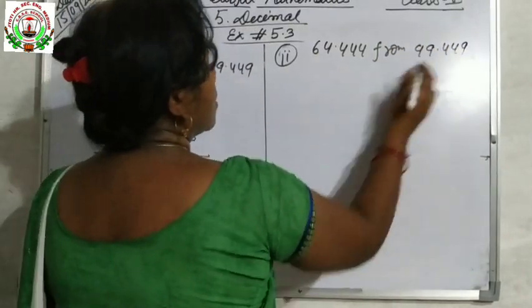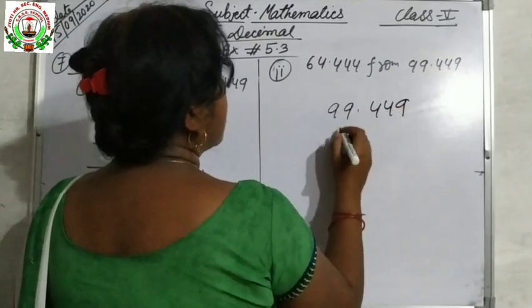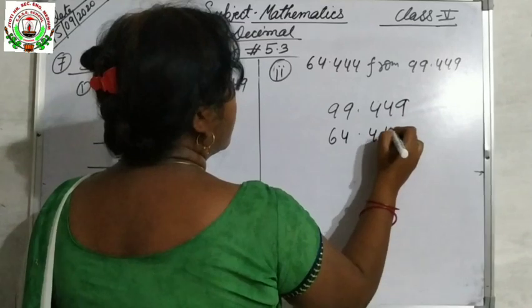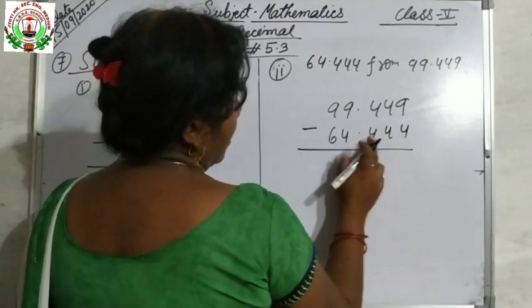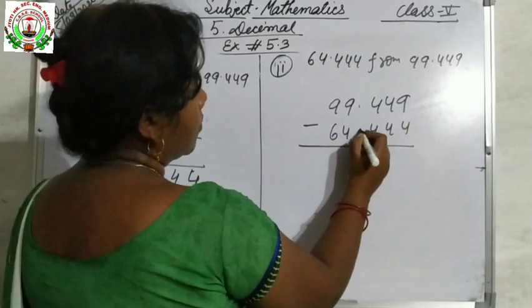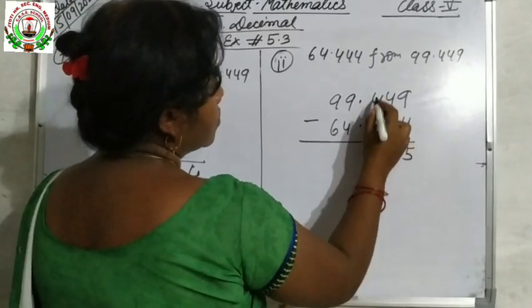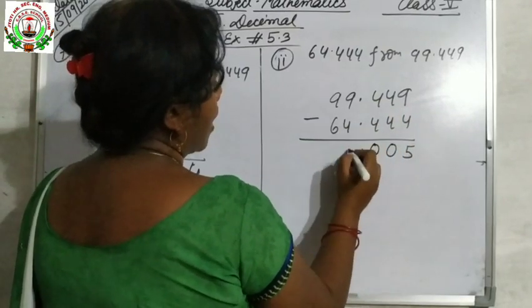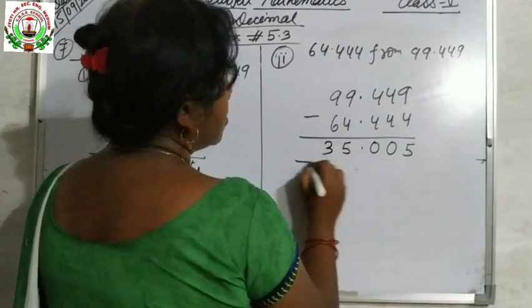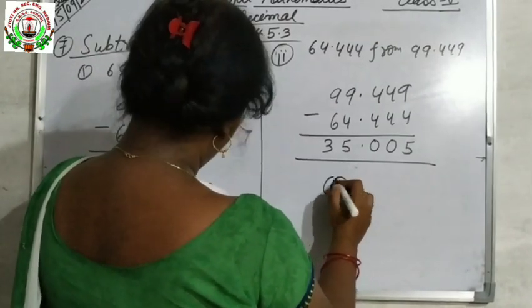Here it is the biggest number, so you will write it first, and then this number 64.444. If any number is less, you will put 0 in the vacant place, and then you will subtract or add. 9 minus 4 is 5. 4 minus 4 is 0, 4 minus 4 is 0, 9 minus 4 is 5, 9 minus 6 is 3. Like this you will subtract. So you will do this question number 3 to